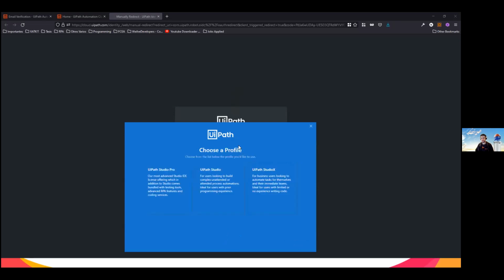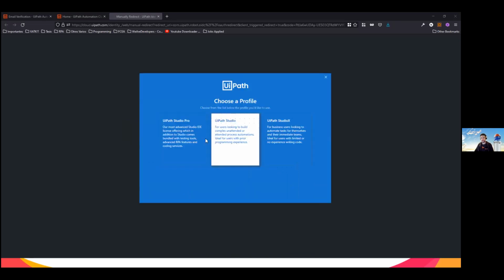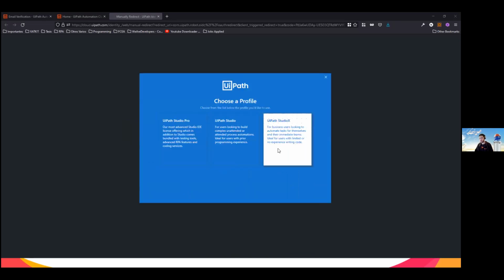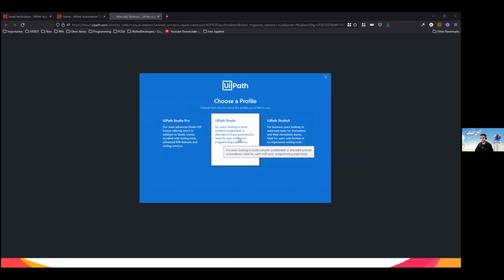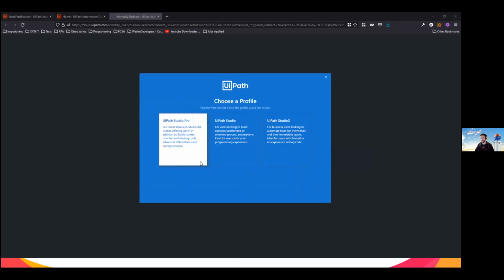Remember that I just mentioned that we had UiPath Studio and UiPath StudioX. You also have something called Studio Pro, but this is just some extra features besides the ones you have in Studio, and it's the same actual application. You have the same look and feel, the same tools.